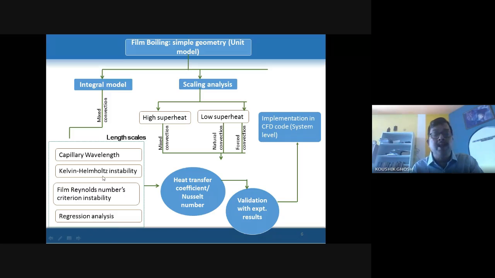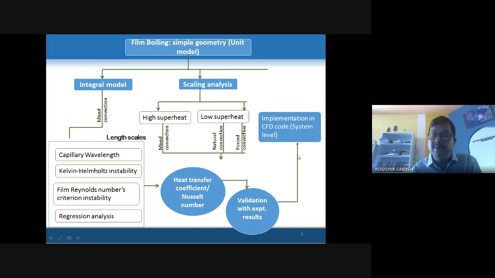And so with this we did some regression analysis, and from this scaling analysis and integral model we have developed several correlations, and these correlations are validated with experimental results. This is the first step, that is, to understand the process at the fundamental level. You take a simple geometry, analyze it, see the proper physics, take the results and compare with the experimental data. You see whether the error is minimized, and once this part is achieved, you implement it in a CFD code